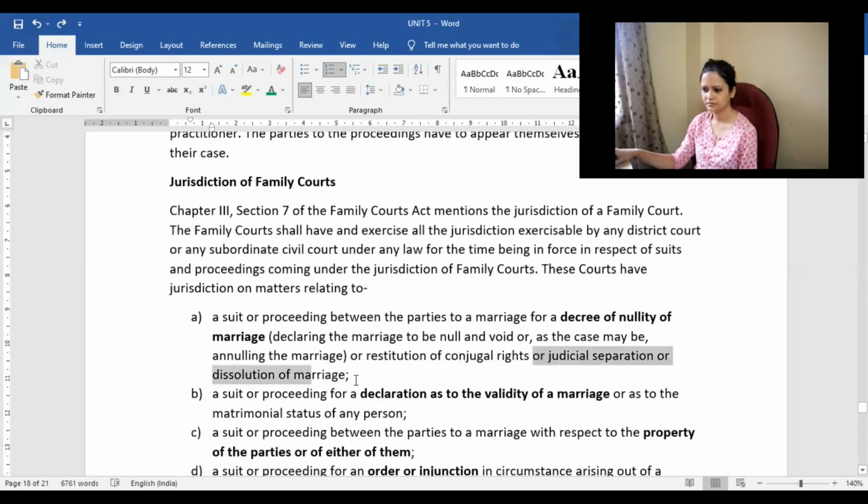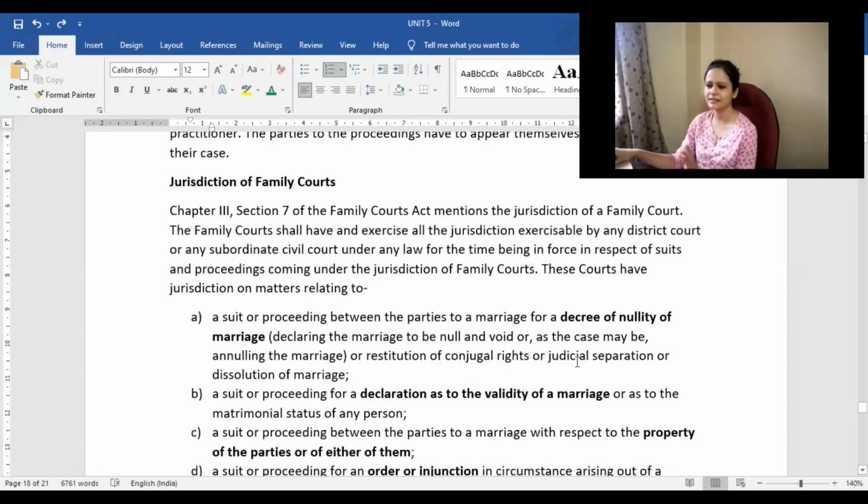Judicial separation means probably by non-compliance of law, probably. Then dissolution of marriage means both the couples at their own will taking a divorce kind of thing. So dissolution of marriage basically means divorce only, but judicial separation might be like, say in case of divorce, what